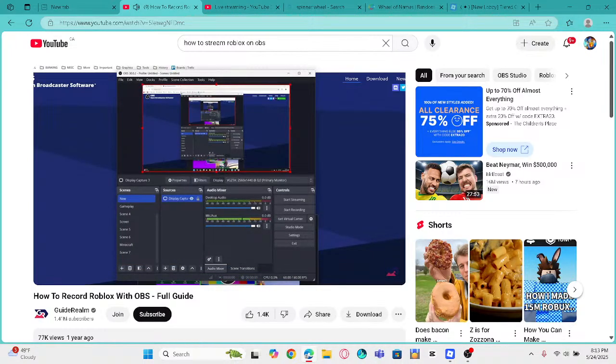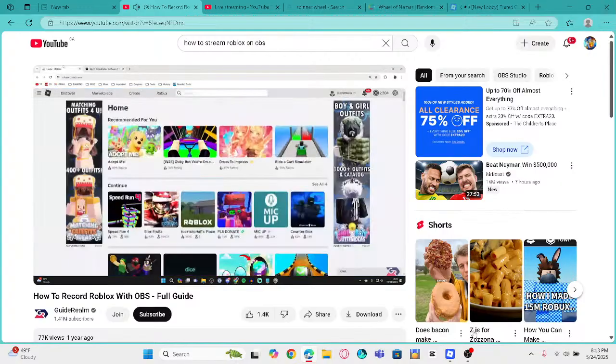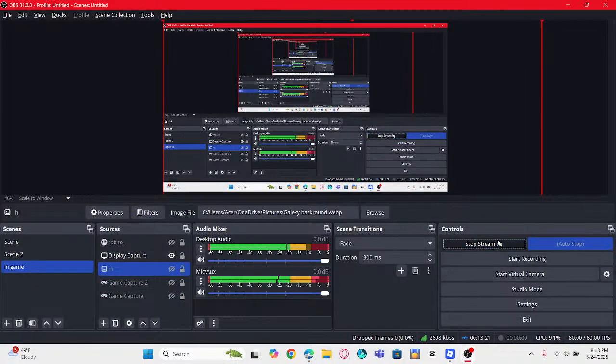And just before we start recording, come into the audio mixer, and you may want to go and decrease desktop audio, as otherwise that can sort of flood and drown out your own audio there. Now we're ready to start recording. So come into Roblox, find the game you want to play, and go and